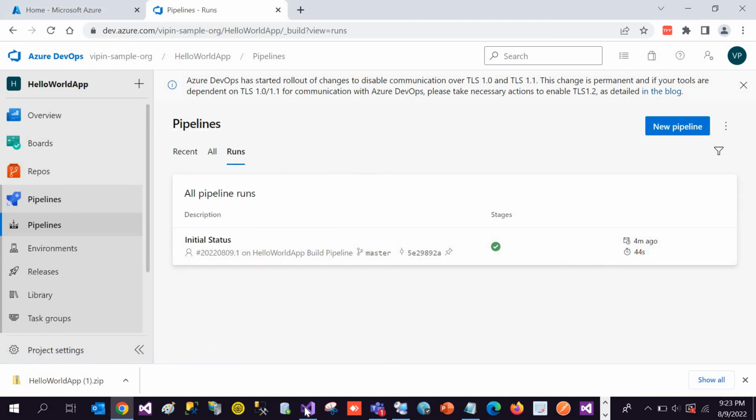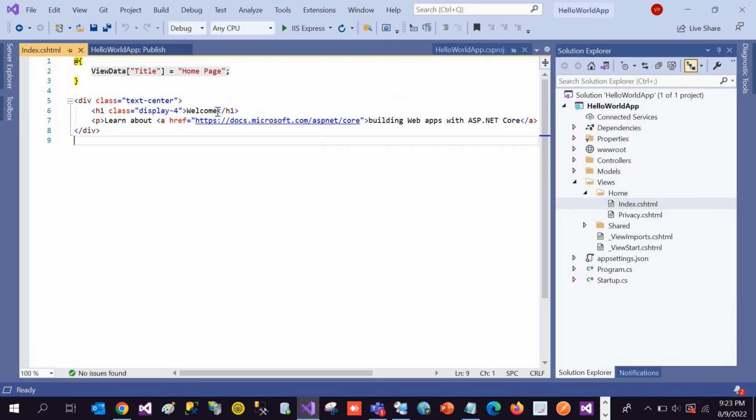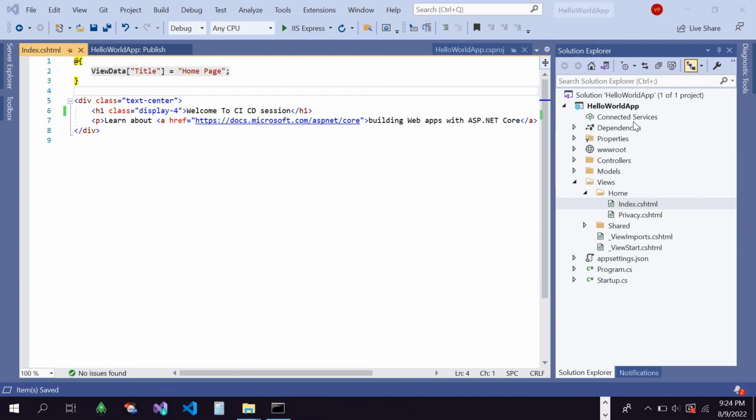Let's go back to the project and let's make some changes in this project, right? And let's say welcome to CI/CD session, right? So save the changes. And now what I'm going to do now, whatever changes I did in my local, now